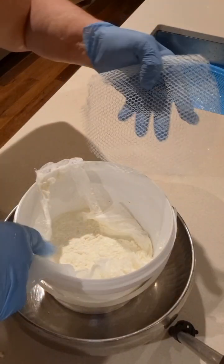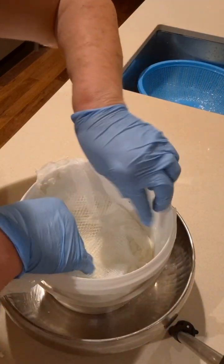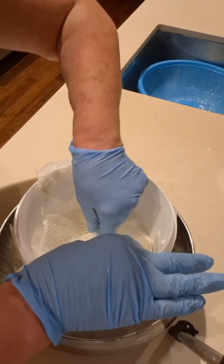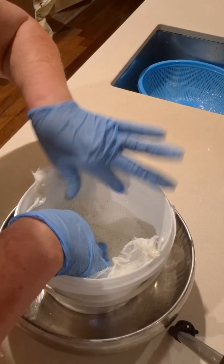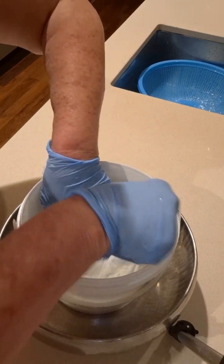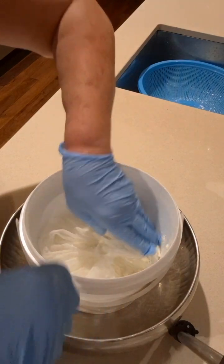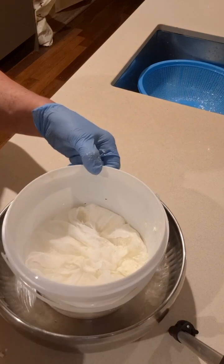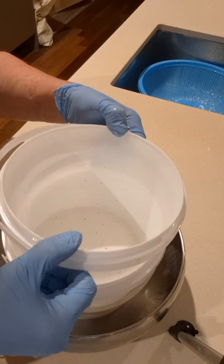Okay, so you now get your mesh. This mesh is a bit big, but you don't need to have this. This is optional. We're going to turn these later, so I like to have the option of having the mesh on both sides. And now you're gonna close, you see, you close it, the cloth, and then you're gonna get your second bucket